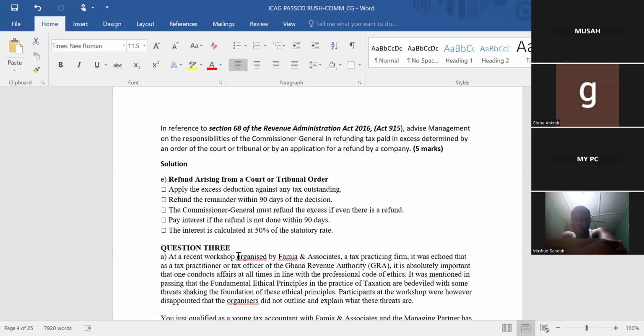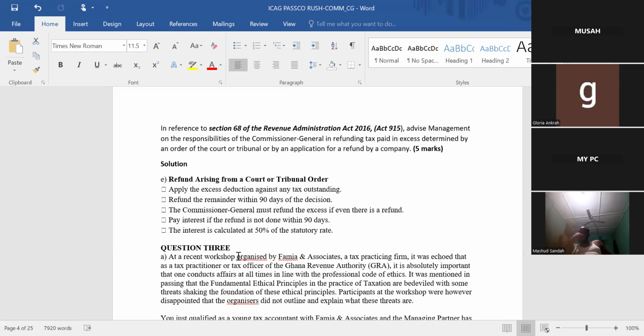Now, when Atu came, he said that he had done his research and realized that in Ghana, we have not paid a refund exceeding 4% of the total revenue generated for a period, that is within 12 months. His research shows that we have never paid any refund exceeding that amount. Therefore, the 6% was revised to 4%. That is in Section 68 of the Revenue Administration Act.